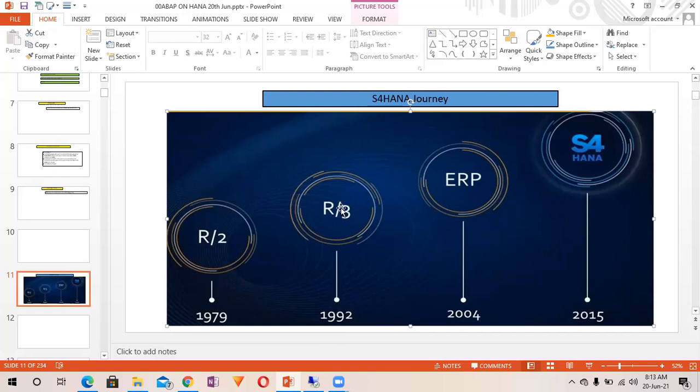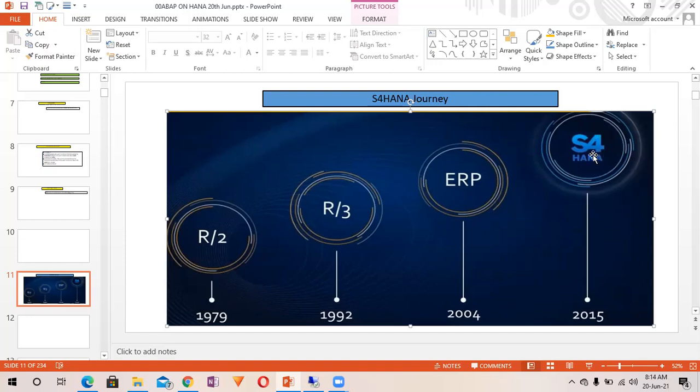Based upon the R3 architecture, R3 was given by SAP, and then the ERP suite in 2004, and then in 2015 S4 HANA was given by SAP. S stands for simplified, 4 stands for fourth generation. So simplified S4 HANA Business Suite.